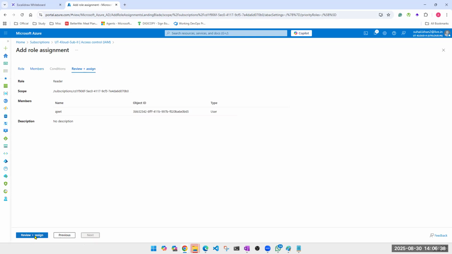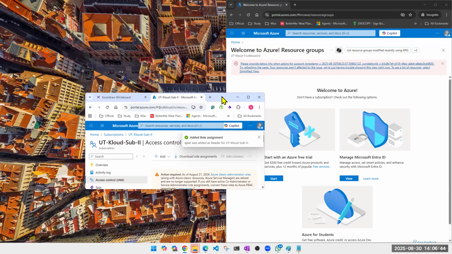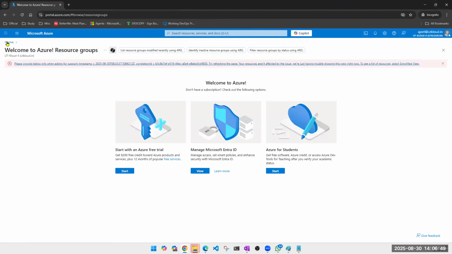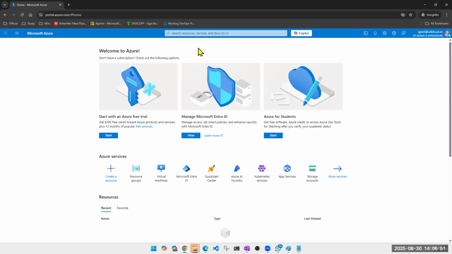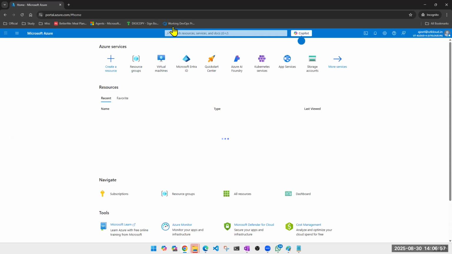Click next, assign, and that's all. That's all we had to do. Now, once it is done, I'll come here. I'll try to refresh. If it doesn't work, most of the time we have to log off and log in. But we'll see if it works.